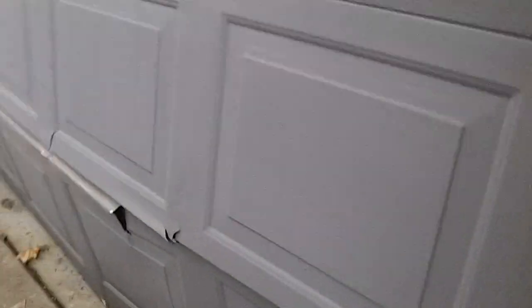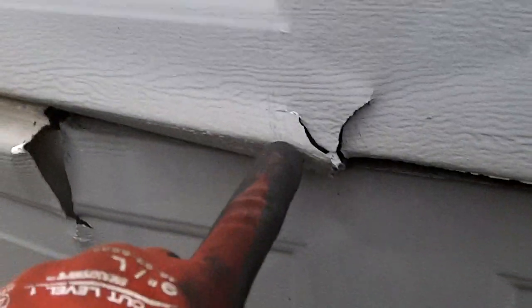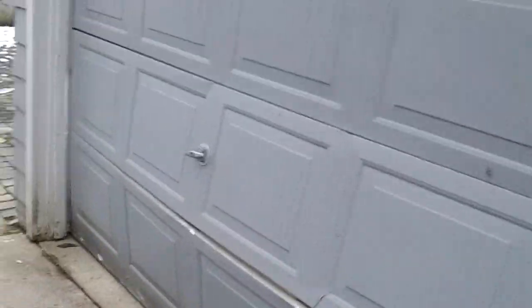You can see this panel here got twisted in this way, and this one's bowed out. Come over here, you can kind of see that's bowed out pretty bad. Ripped here, ripped there, ripped there. Trim off, okay. Roller cockeyed. But when the door gets hit like this, believe it or not, we're gonna put Humpty Dumpty back together